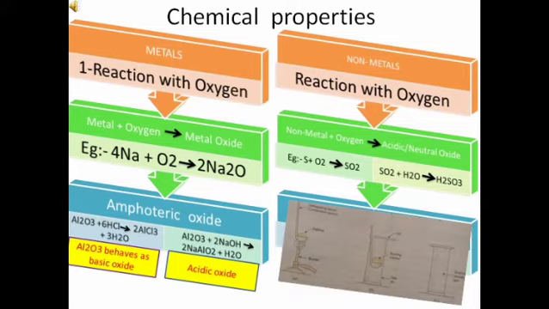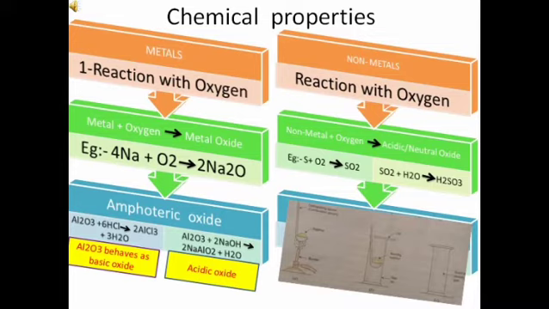That is, aluminum oxide reacts with HCl, this is your acid, to form aluminium chloride, that's your salt, plus water. In this reaction, it behaves as a basic oxide because it reacts with the acid. And as you know, acid plus base gives salt and water. This is your neutralization reaction. Next, aluminum oxide reacts with sodium hydroxide, this is your base, to form salt, and here it is behaving as an acidic oxide.